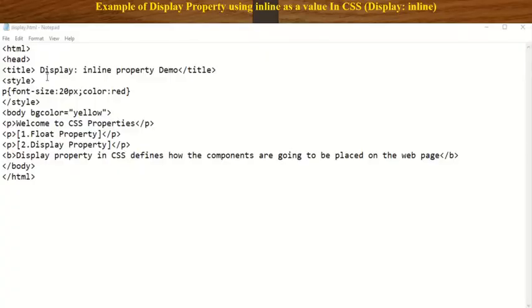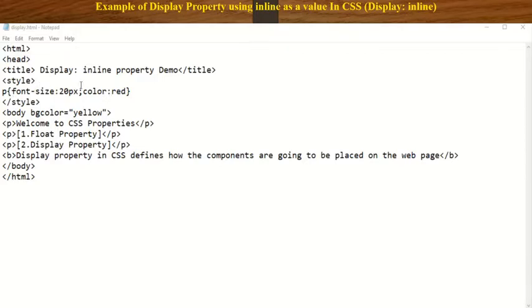We will discuss the display inline property execution. First the HTML tag, then head, then title. In the title I want to print display inline property demo, then title close. In the style tag I want to apply the style on the paragraph tag, changing the font size and the color of that text.